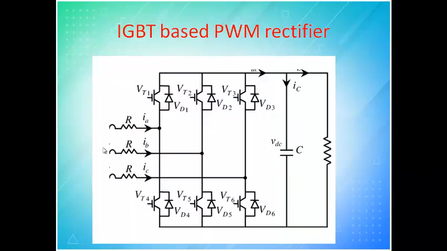Next, you have a three phase circuit, the same IGBT based PWM for three phase. Now the switching pattern will be: you turn on T1, T6, then T2, T4, then T3, T5. You can operate in both 120 mode and 180 mode. We all know what you have to do in 120 and 180 mode of operation. Two modes of operation are there, so you can operate in either mode.